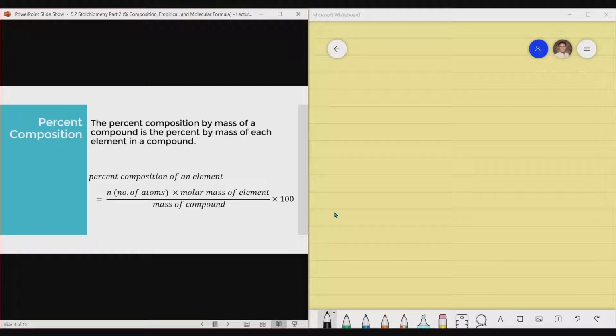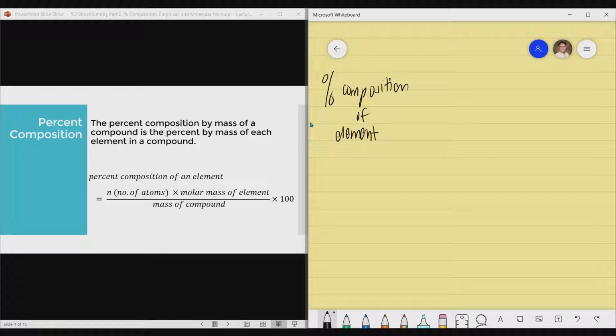Percent composition. The percent composition by mass of a compound is the percent by mass of each element in a compound. Let me repeat. Percent composition is simply the percentage by mass of each element in a compound, characterized by the formula: percent composition of the element at hand, or the element that you wish to compute,